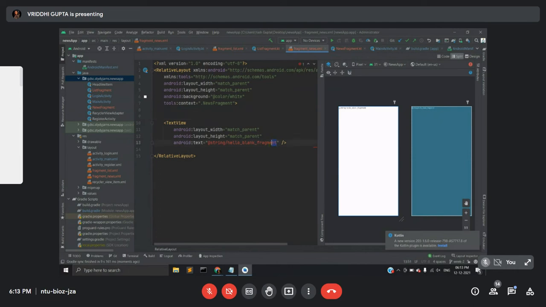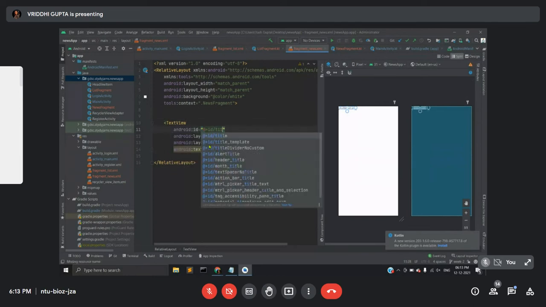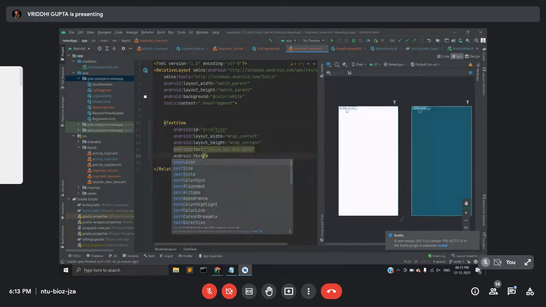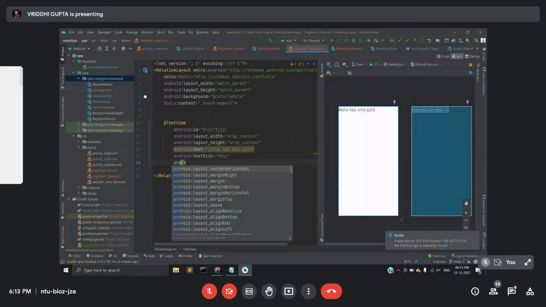India has... bold. This will be the title of that news article, and we will be doing wrap content. Let's give it an ID title. This is very simple. We have already taught you how to manage UI, how to make a UI. So you can make it according to your own ideas.